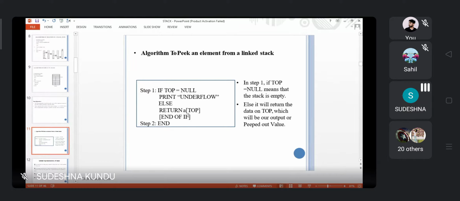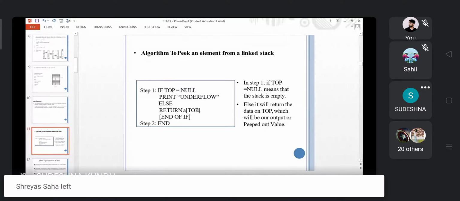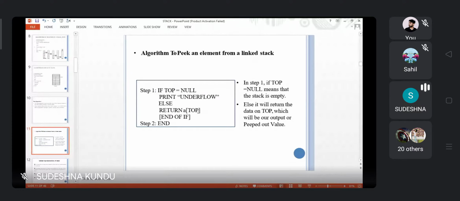Otherwise it will take the topmost element and return it. So it will print the topmost element. How many operations are there? There will be three operations: push operation and pop operation for insertion and deletion, and the peek operation will take the topmost element of the stack.